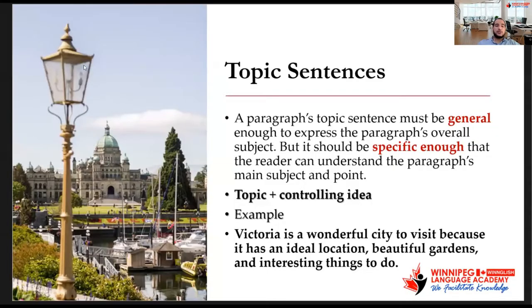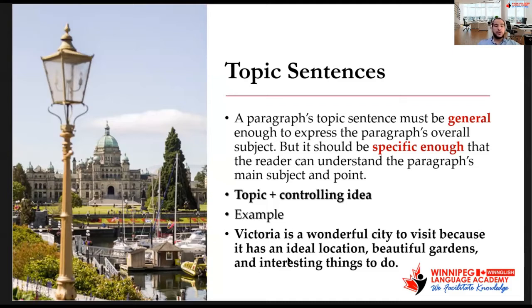Here are some more details about the topic sentence. A topic sentence, as we mentioned, should be general enough to express the paragraph's overall subject, but it should also be specific enough that the reader can understand the main subject and the point. So any topic sentence should be made of a topic and a controlling idea. A topic is what I'm writing about,